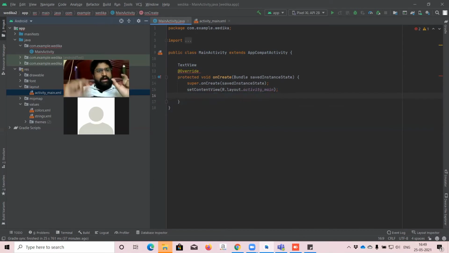Instead of human, we are mentioning text view. The human name is Vedika. Even that is confusing.